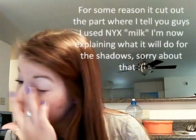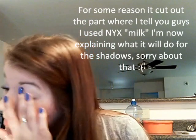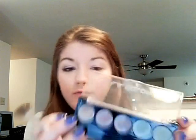Alright guys, so to get started, I'm going to go ahead and prime my lid. If I can find my primer. Okay, so I'm just going to take a little bit of primer and prime my lid. What this is going to do is just make the colors stand out a little bit more. Okay, and then after we've done that, we're going to get started with the colors. So the first color that I'm going to use is just this very first taupey color here, and I'm going to apply that to the